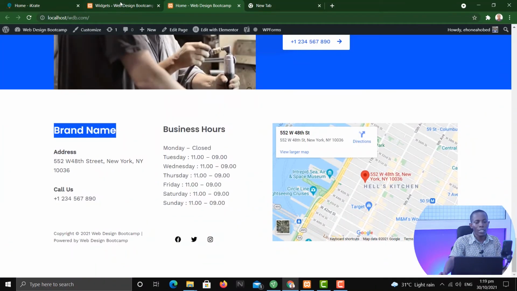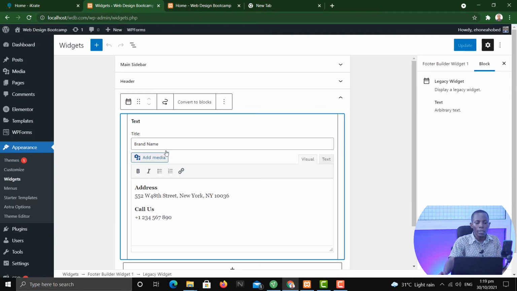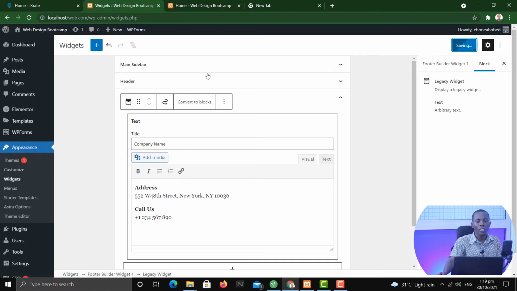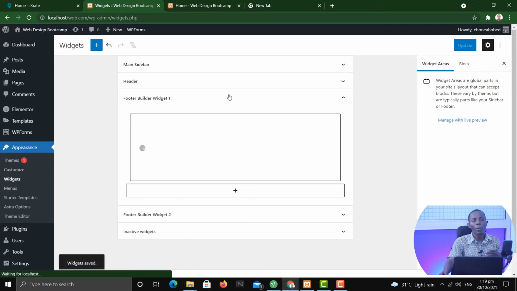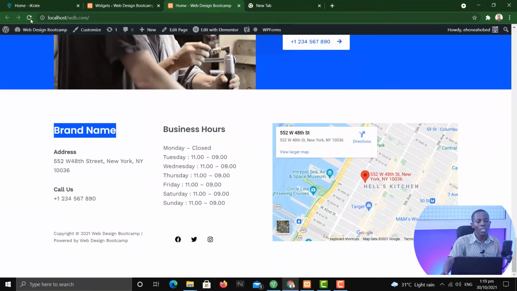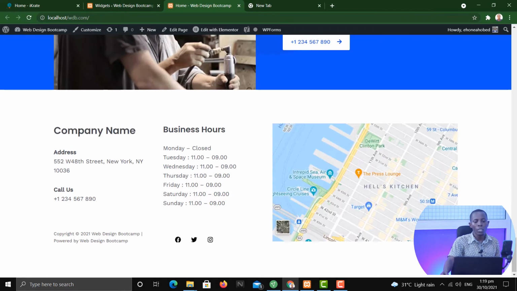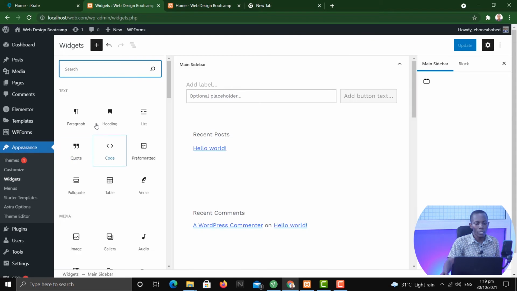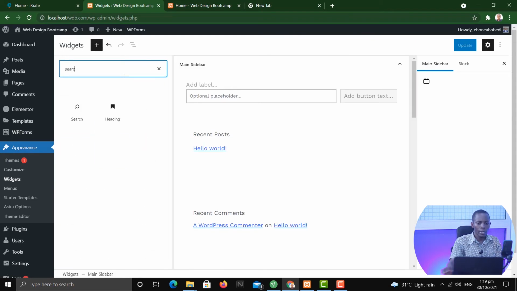So if I want to change this to my own name, then it means I have to come here and change it. So company name. This is me changing my widgets. Then I'll update. Anytime you make a change in WordPress, you have to make sure you update it. So once I have updated, when I refresh this, it's also going to change to company name, just as you see here. If I decide to add a new widget to this, let me say I'm adding a search widget